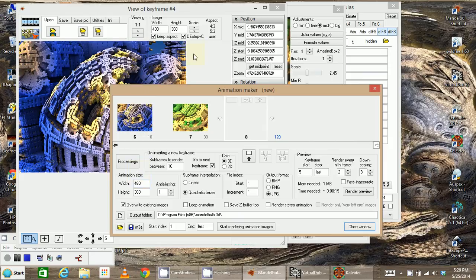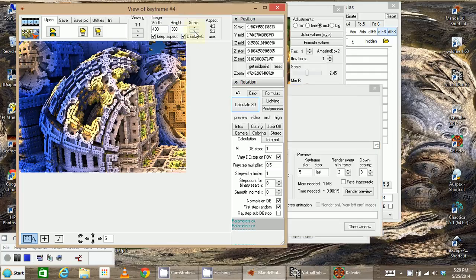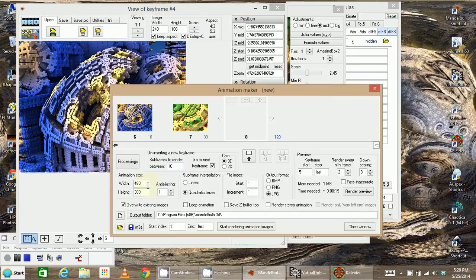So for this, I'm actually going to shrink this down to make it really small here. So if I say 240 by 180,